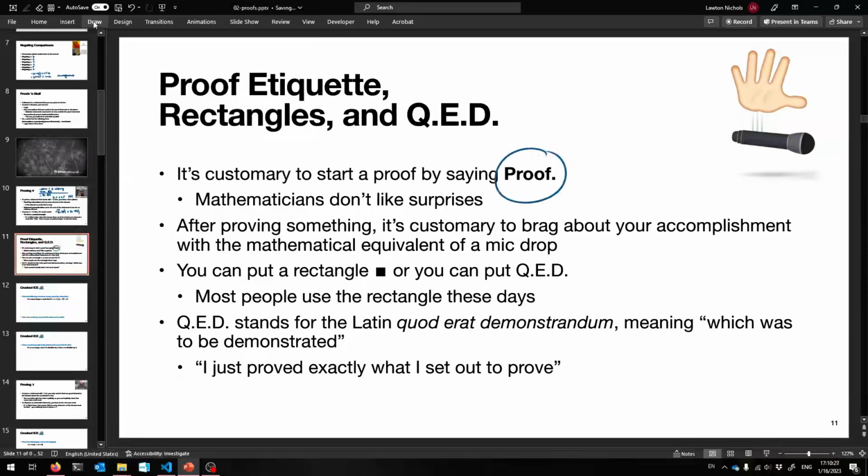You just say proof in bold with a period at the end. That's saying begin proof. I am beginning my proof now. I guess mathematicians, they don't like surprises. So in between, you prove your thing after the proof sign, and then at the very end,